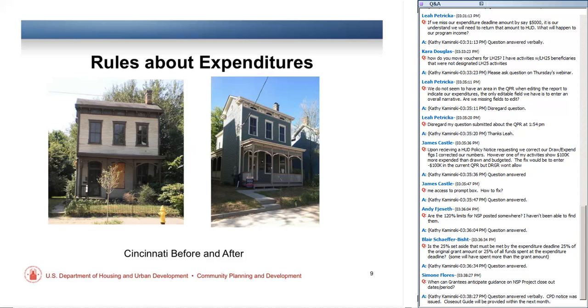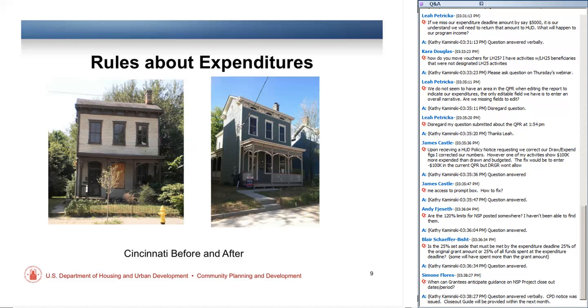This is in ultra draft format, but we have a section called the top things that grantees can do to prepare for closeout. The first one is to perfect your quarterly performance report in DRGR, which we're talking about a little bit on Thursday. Confirm that all activities have met a national objective, as I mentioned. Obligate land bank property for uses that meet a national objective. We think that's going to be easier than it used to be,